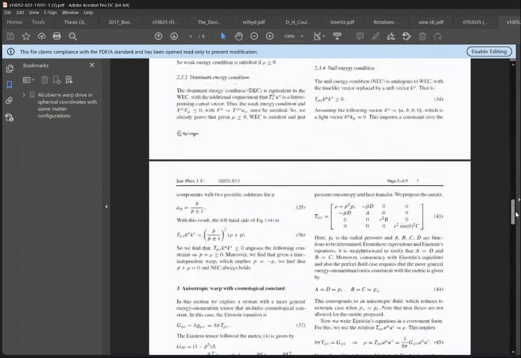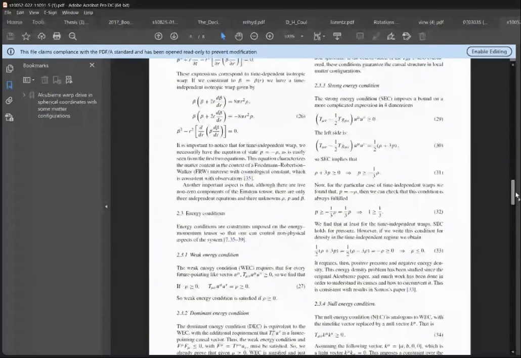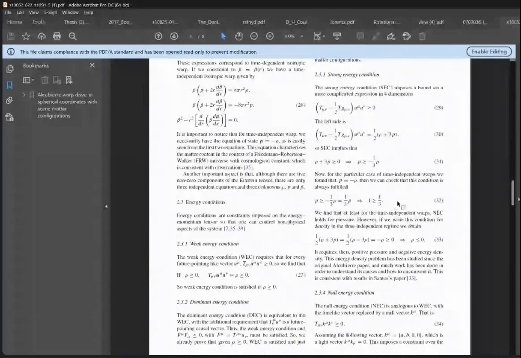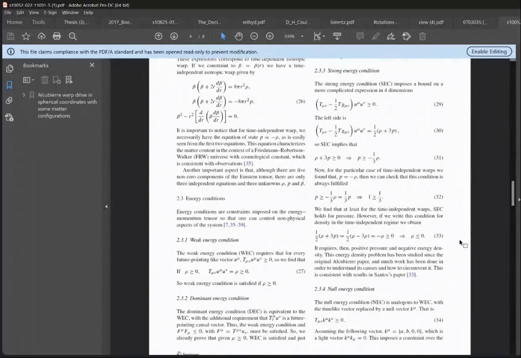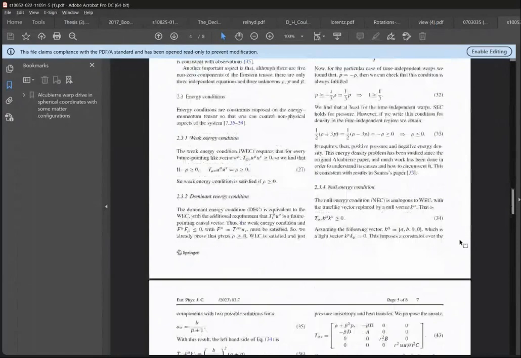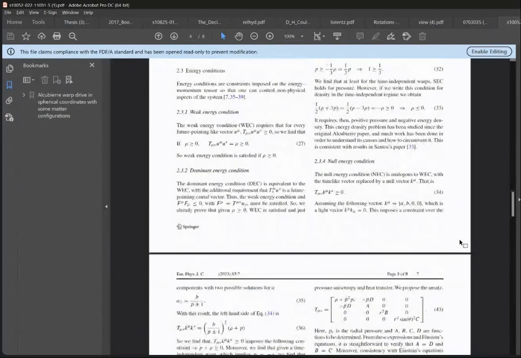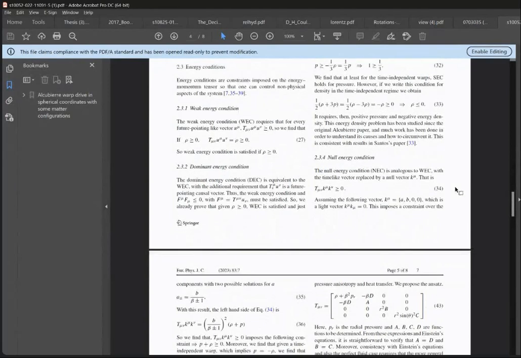With the exception of the strong energy conditions, we have something that is related to the pressures, and we find out that we don't have all the energy conditions fulfilled. That's not really a problem. In fact, if I have to say something, most of the approaches that are concerned about the energy conditions are directed to the weak and the null energy conditions, which are, in some sense, the most important ones. Not the only ones, but very important ones.